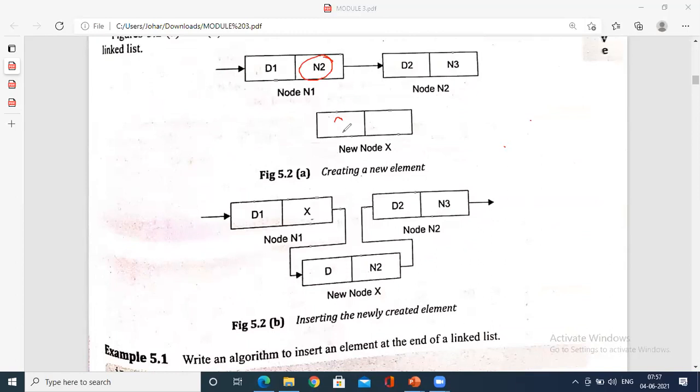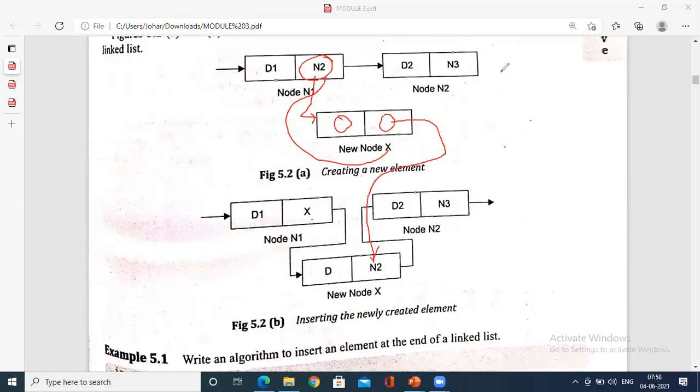And you also updated the new values here. You updated this part N2 with X. Why? Because it came in between, so this should show the address of this. It becomes X over here. Anyway, this has got a new value and this has to be inserted, because previously N2 was directly connected. Now it becomes N2. Is it or not?